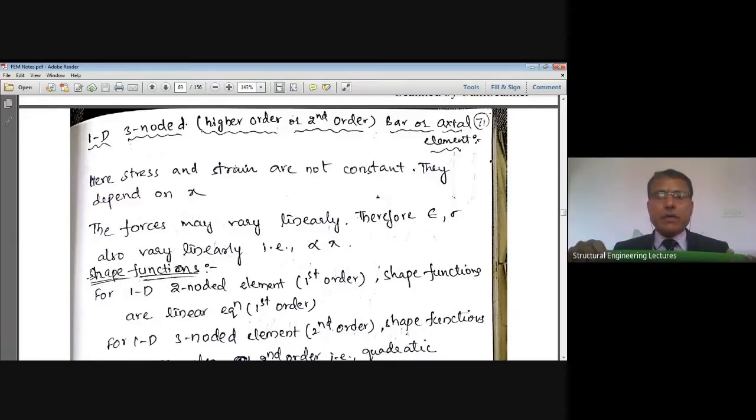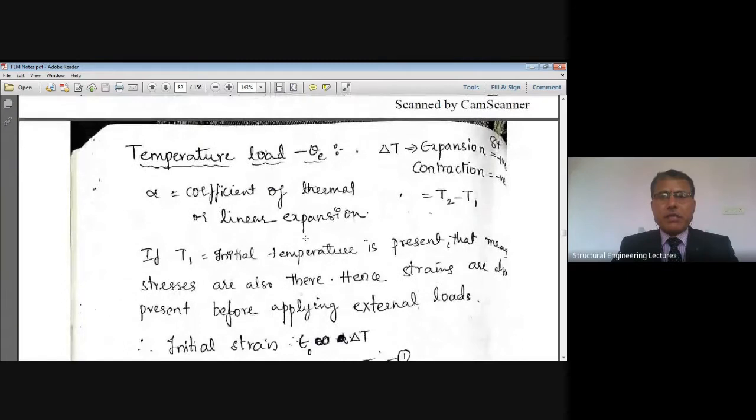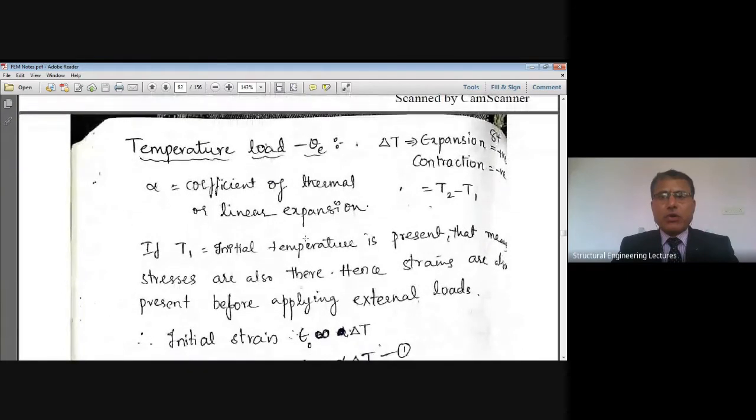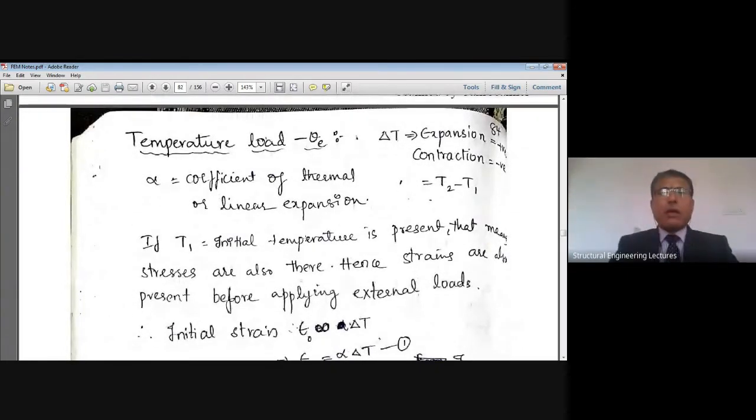In this video we shall move to the temperature loads. If there are temperature variations in the given problem, then this temperature will lead to a load which is notated by theta E. Now let us say delta T is the change in temperature, which is T2 minus T1, and alpha is the coefficient of thermal or linear expansion, then